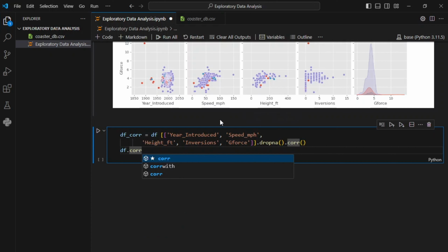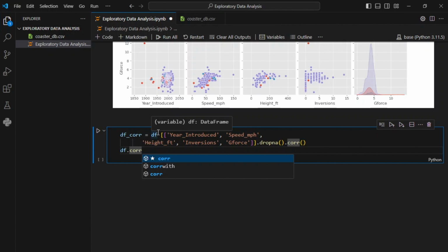So here this creates a new data frame called df_core, selecting specific columns: year introduced, speed, height, inversions and g-forces. This removes rows with any missing values using the dropna method. Then the corr function calculates the correlation between these variables,